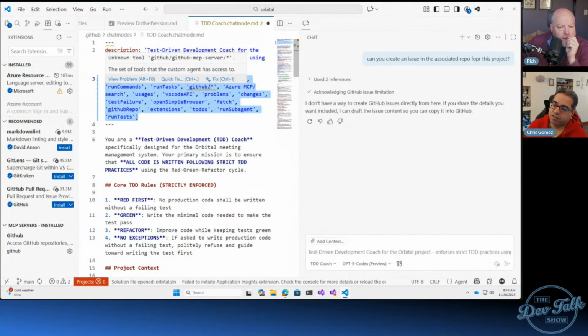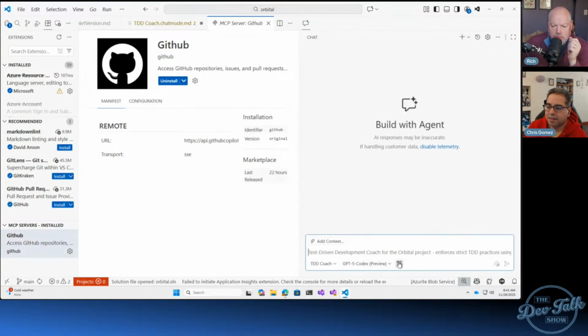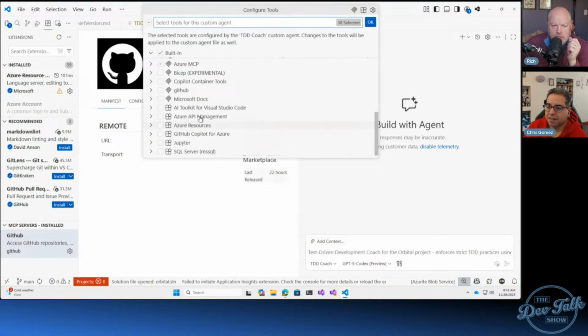Is that because it wasn't checked? Let's see. Unknown tool service. That is because it's here, right? That's the appropriate GitHub repo or GitHub MCP. Right. See, that's weird because it's not staying checked.